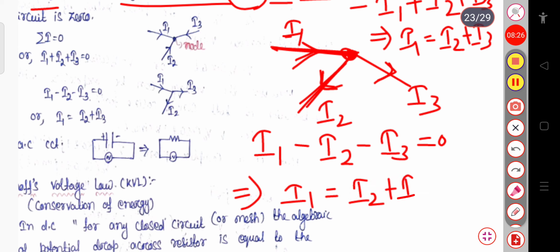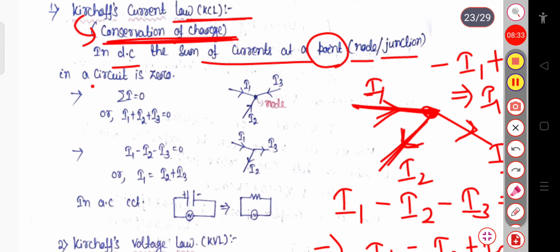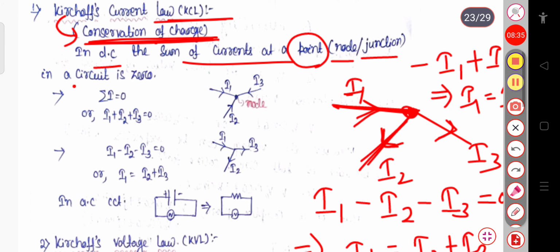Okay. So basically we can say that Kirchhoff's current law states the sum of the currents in a circuit will be equal to 0. In an AC circuit, an alternating current circuit, when it is time dependent, the charge tends to accumulate temporarily at various points in the circuit. But if the frequency of the alternating current is such that the time scale of variation of the current is much greater than the time scale of accumulation of the charge in the conductor, then we can assume that there is no accumulation of charge in the conductor.